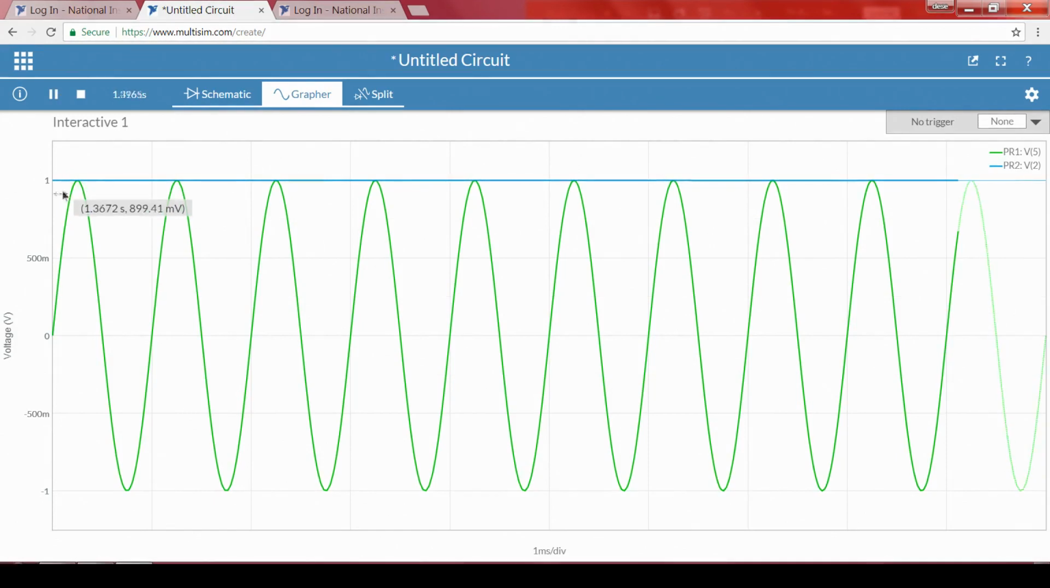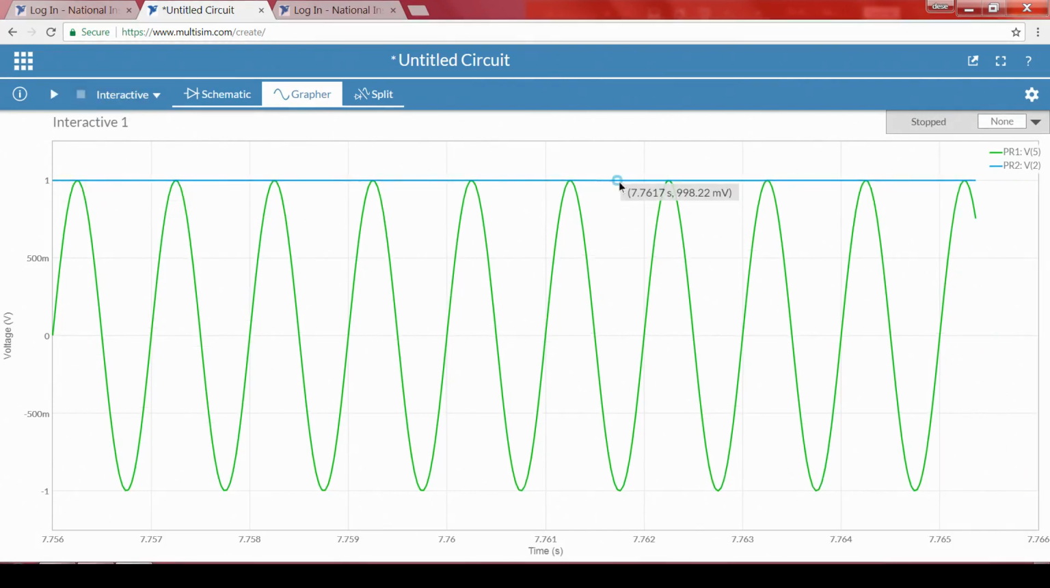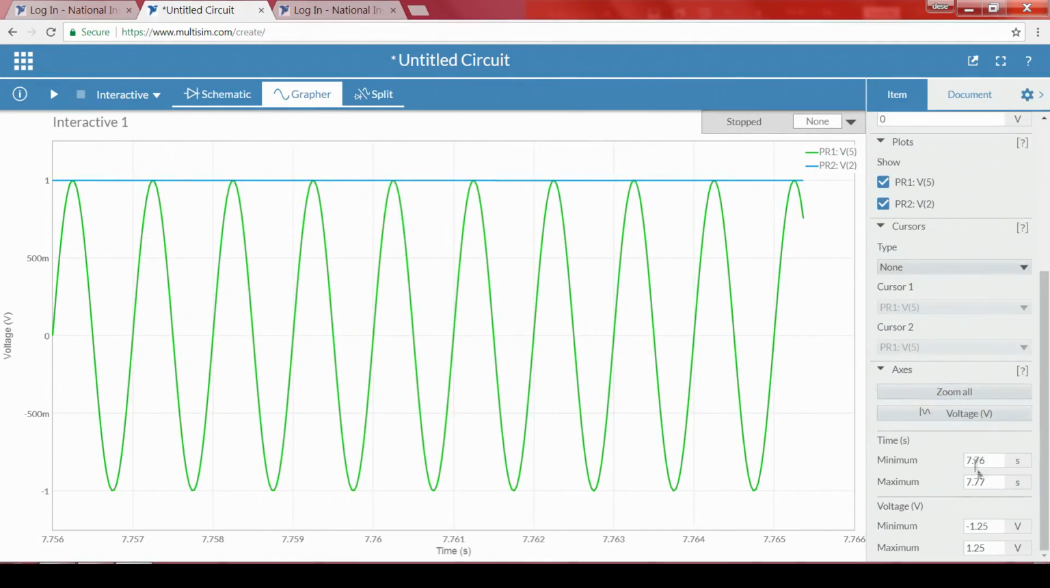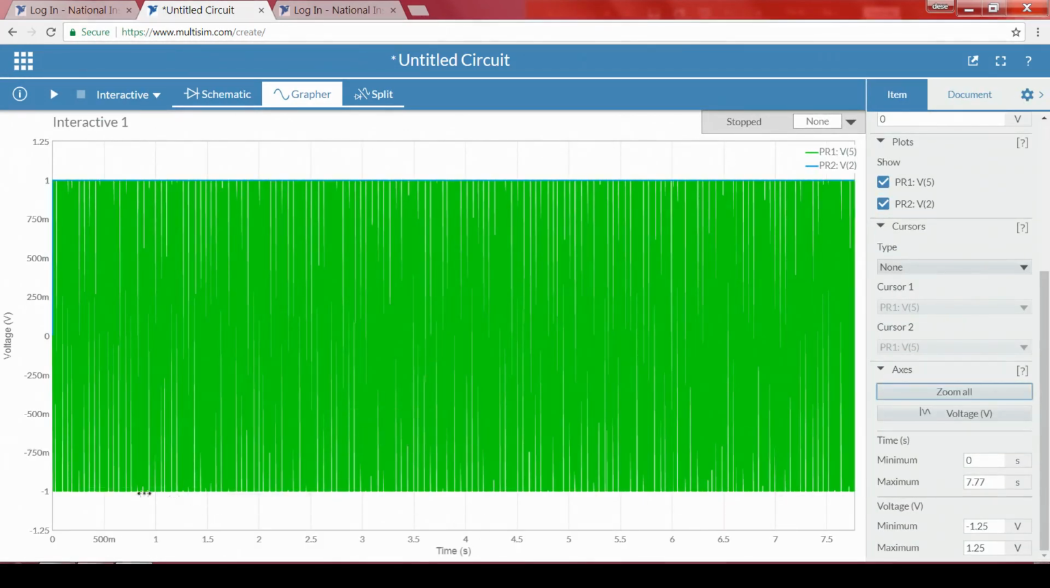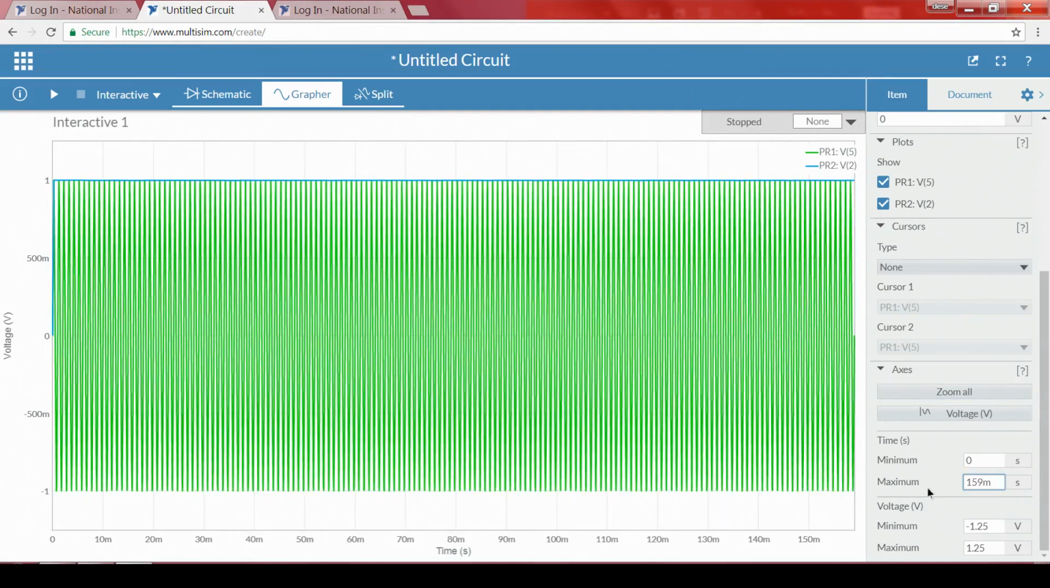What we can see is the green is completely input, and the blue is output, and the output is always showing as 1. Let me stop it. If it is showing the 1, how do we understand it? Now, if I zoom all, and let me zoom only to this particular portion somewhere around 159 milliseconds, and even to 10 milliseconds I will zoom,